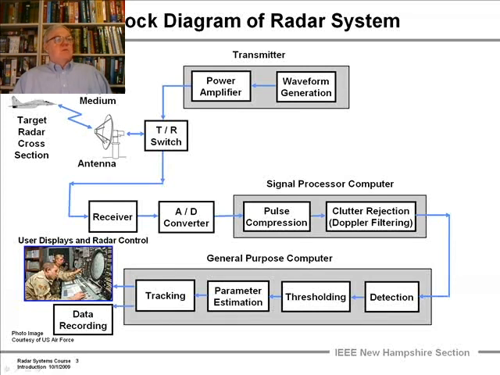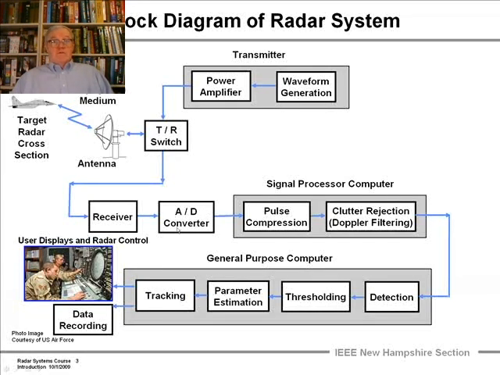Now, some of that energy will come back, and it will go back into the antenna. And the transmitter switch will, as soon as the transmitter stops transmitting, turn into the receive mode, where the energy will come back and into the receiver section. The receiver will have an amplifier, it's very low noise, to amplify the signal, and then to convert it into